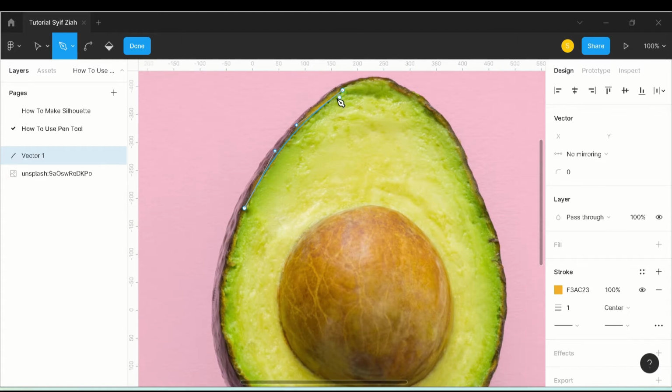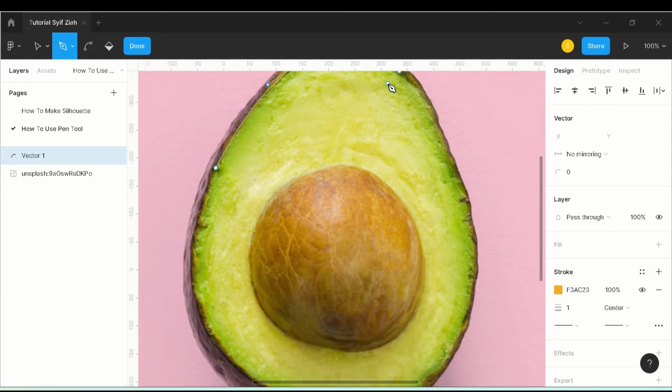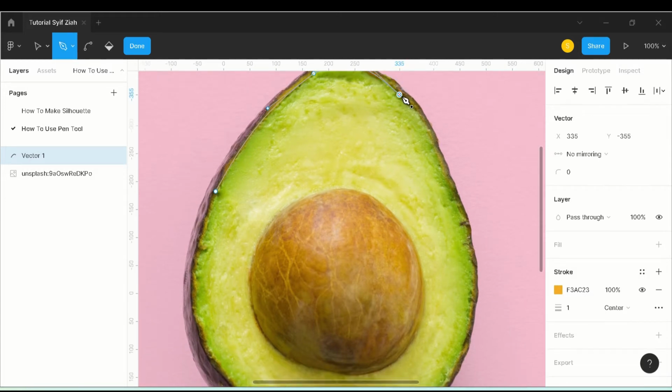Okay, let's see. We try to follow this pattern. Yeah, just try to follow this pattern like this. So easy, right? Yeah, like this.